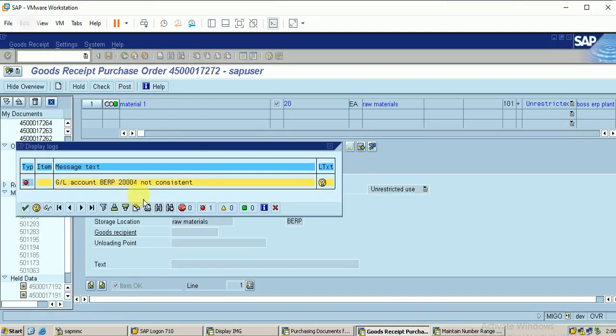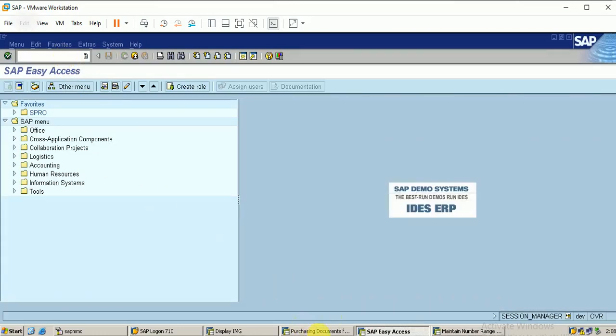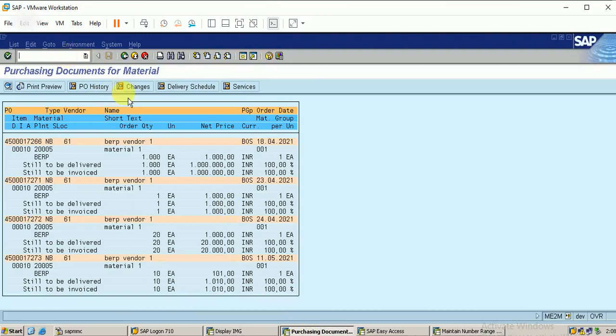Post. Again, the GL account is not consistent. This error is mainly because we created the GL account but missed a main thing. Enter into the GL account, FS00.